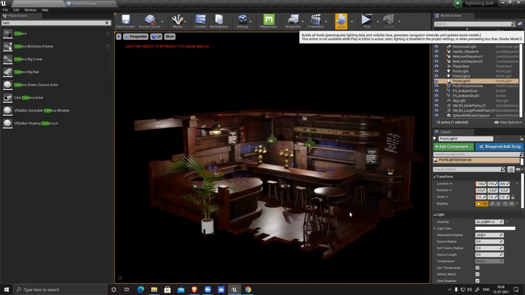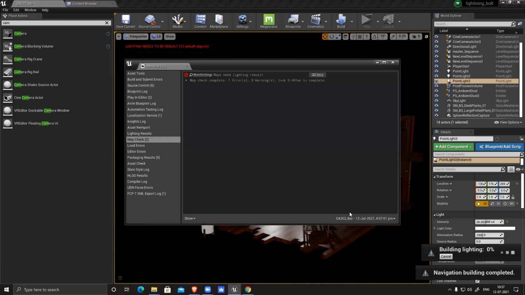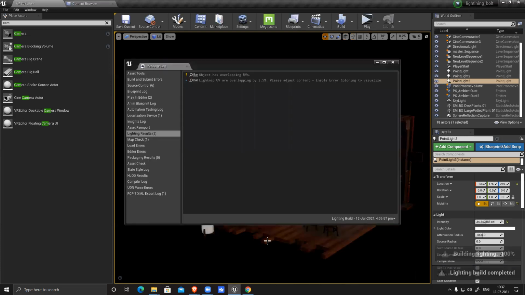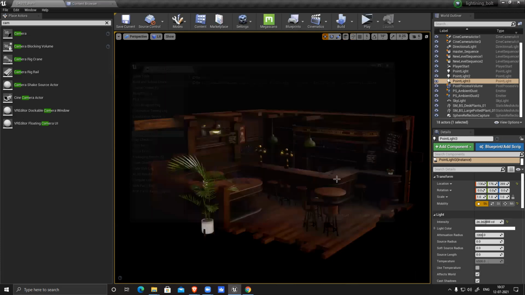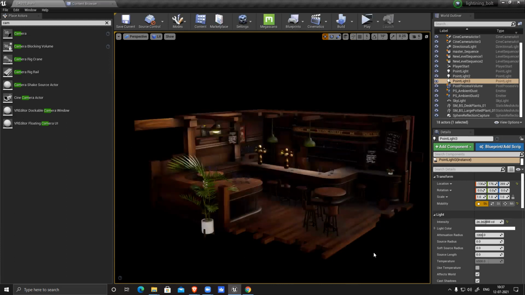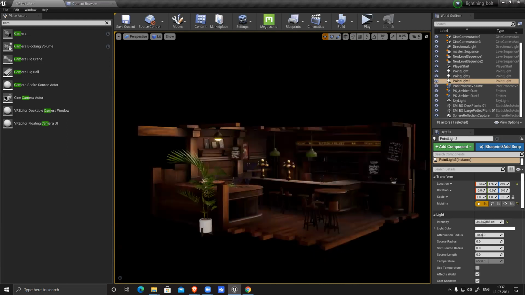Now I have to build my lighting. We'll build, bake, and slowly transfer into the scene.